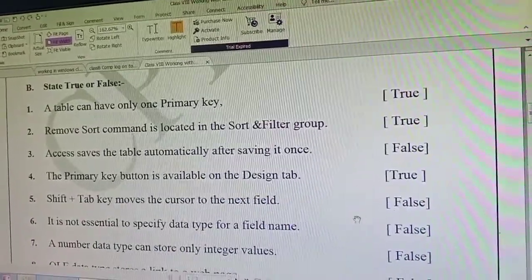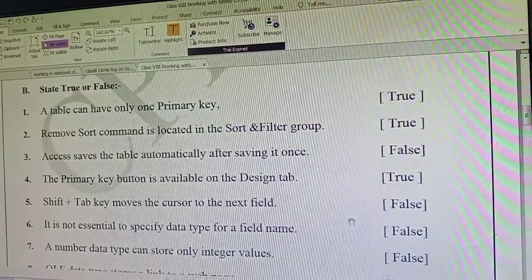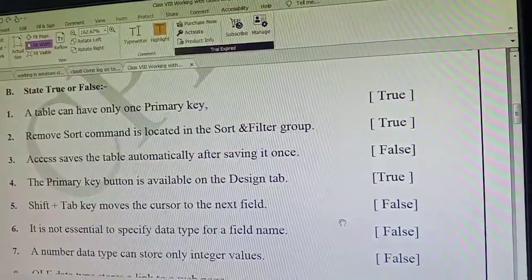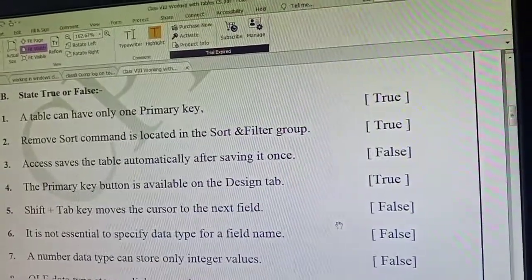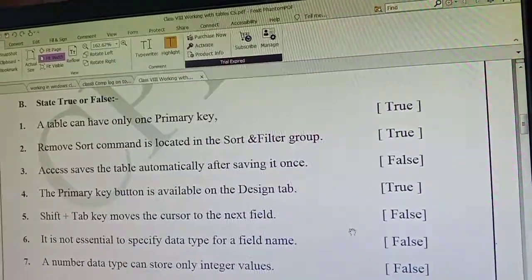If you press shift plus tab keys, it moves to the previous field. Then if you press the tab key on the last field, the cursor automatically jumps to the next row.